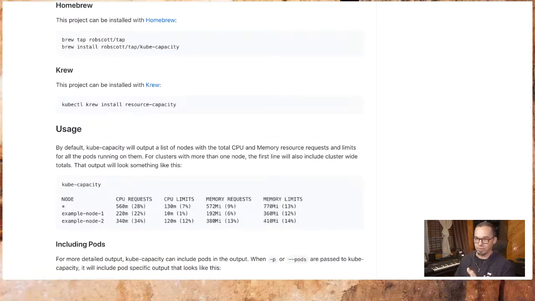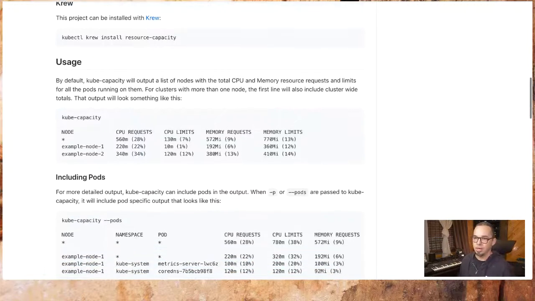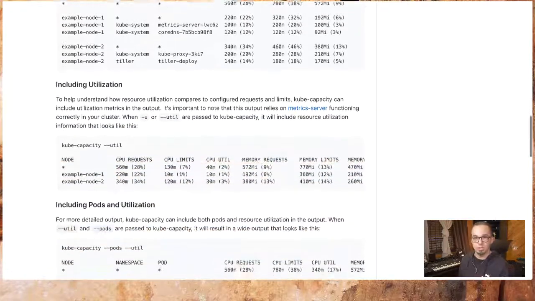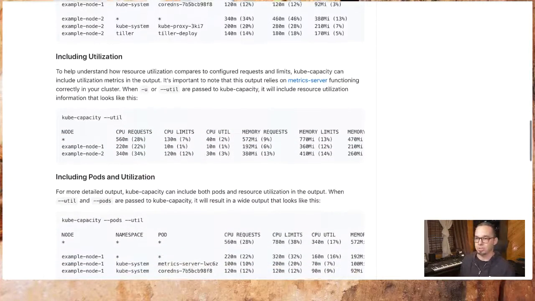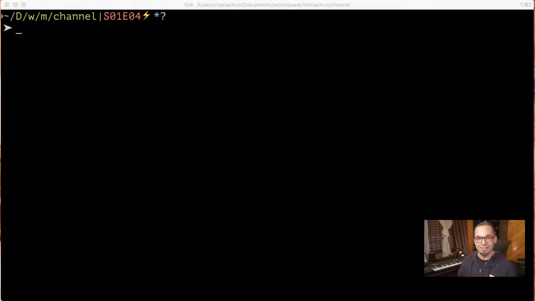But what this does, since we just had the article on CPU requests and limits, is this shows you what the configuration and utilization is for CPU and memory requests and limits in your cluster. You can also have it show by pod, and you can also have it show utilization if you are using metrics server. So I wanted to do a really quick demonstration of this. I'm not going to show you on my clusters because I ran it against my 2 clusters last night, and it's pretty embarrassing what it came back with, which is kind of the value of all of these things. But let's